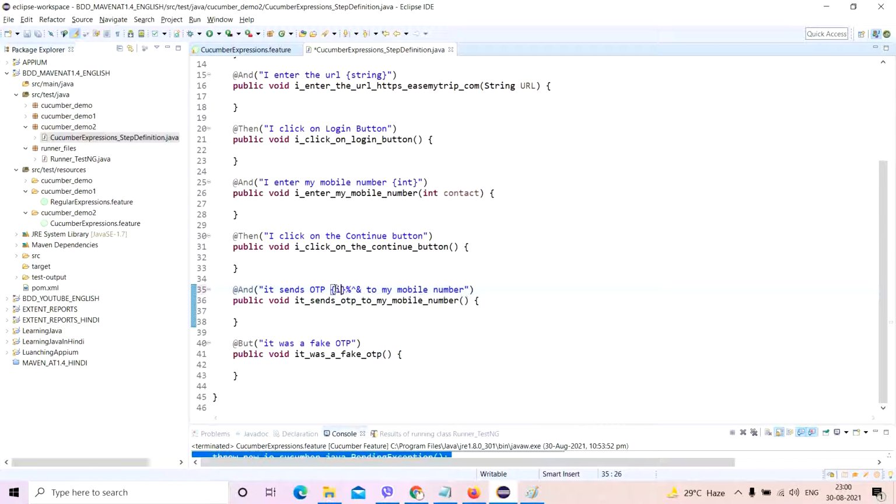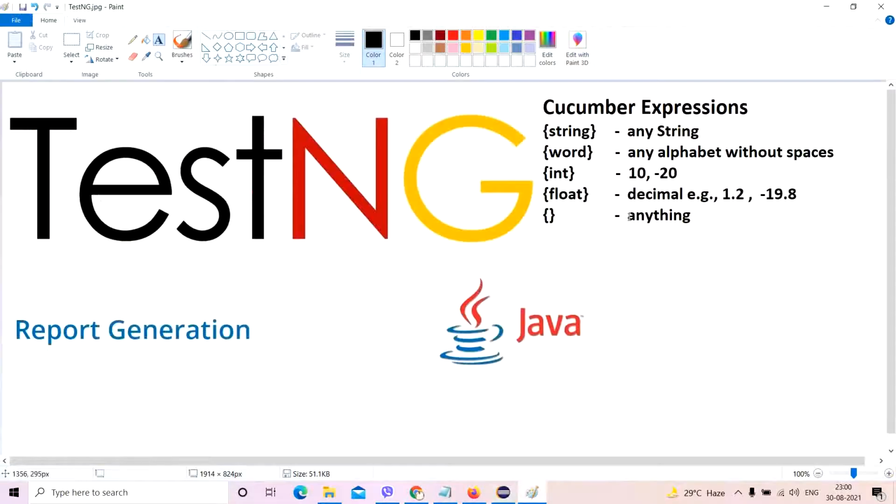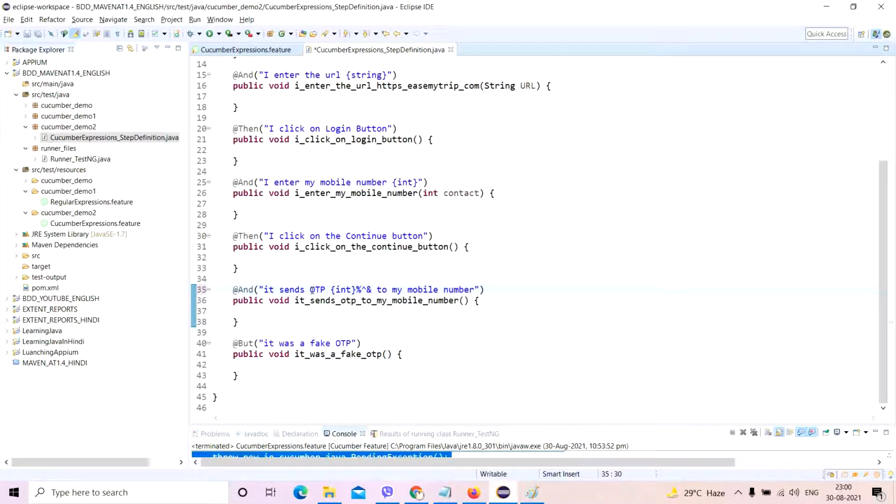And for this ampersand, to the power, and this division percentage symbol, I'm going to use anything. So here I'll write int OTP initials, and I'll write string OTP ending.